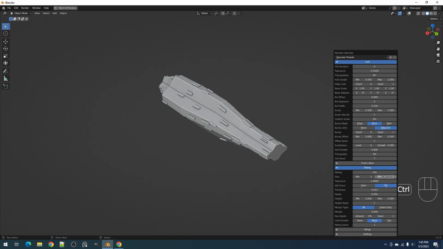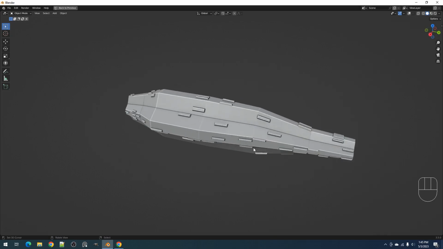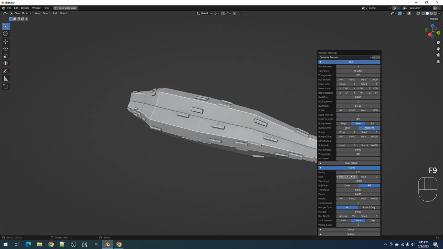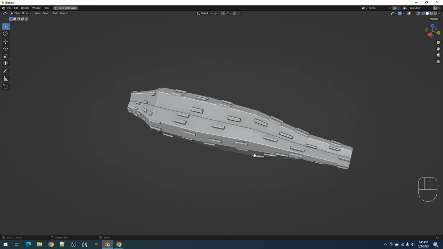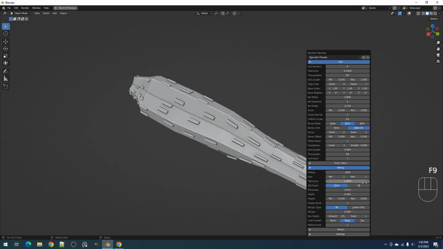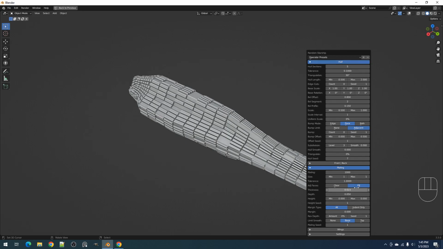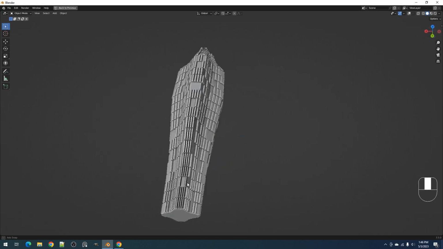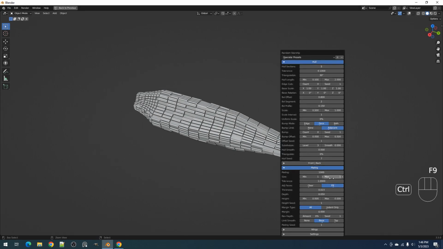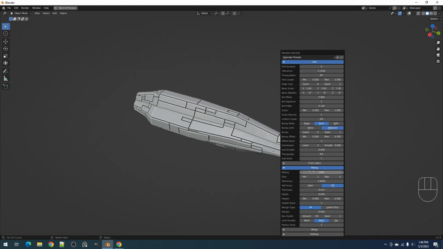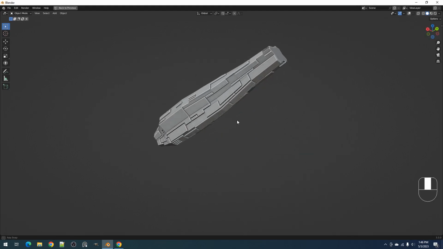The adjacent faces property determines how the plate insets are initiated. Using clear means that the plate details start out with no adjacent or neighboring faces. Use this if you want to establish more rest areas in the Starship mesh. Using fill means that all faces will be used to start the plate details. Use this if you want a more detailed mesh with little to no rest areas. The way the plate insets are started using the adjacent faces property has an impact on how the plates expand